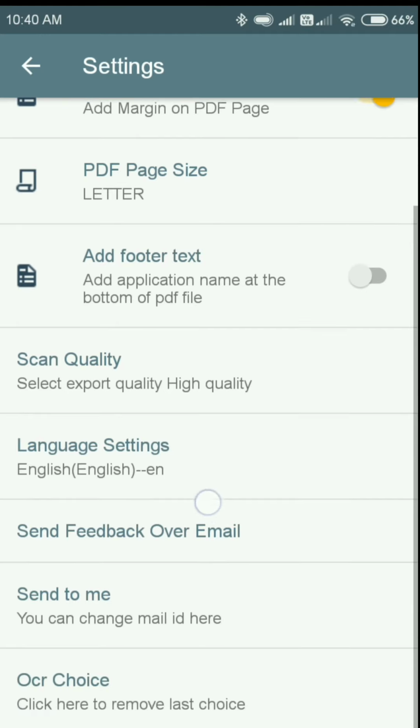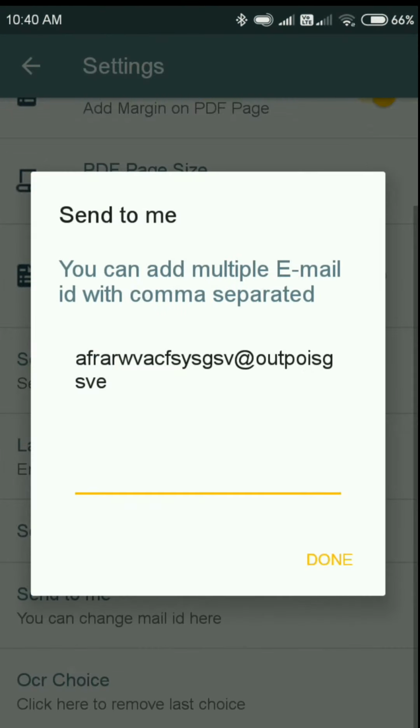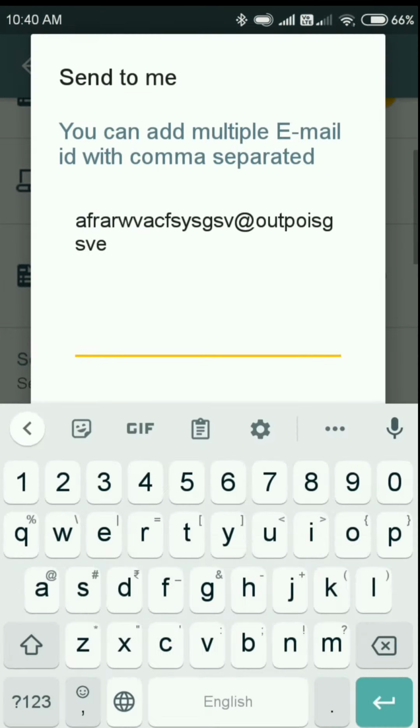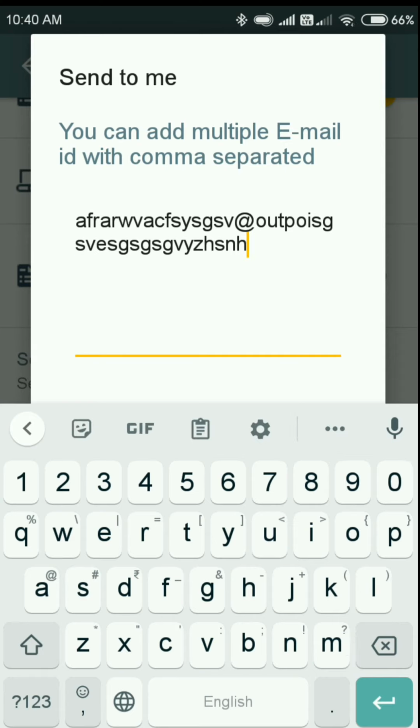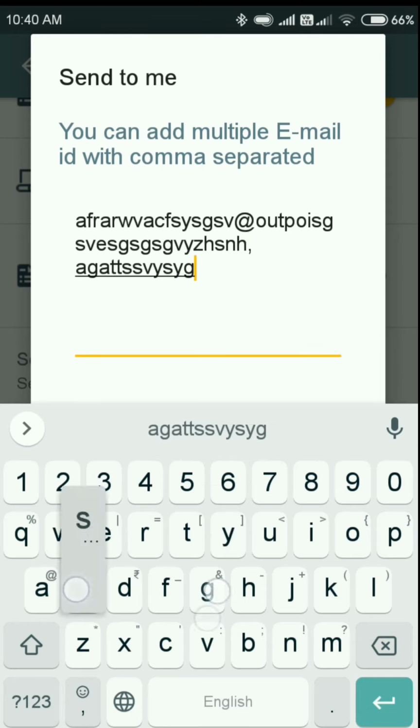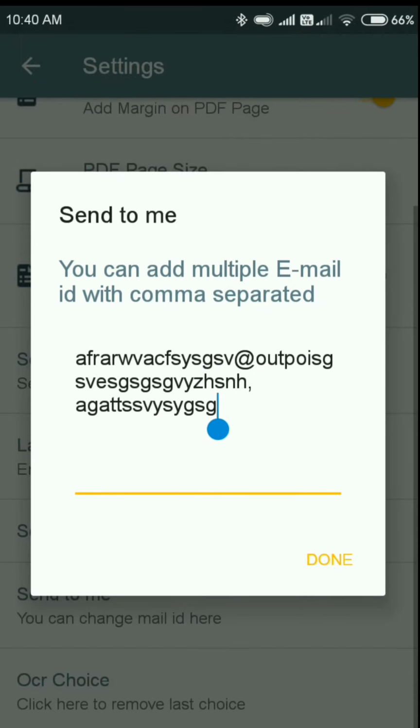To run the send to me option, first you can set the email ID here. Set as you wish, and then you can add as many email addresses as you like. But the only thing to be remembered is that you should separate the email addresses by comma. I'm not showing my email address but typing in some way.